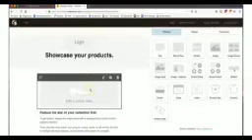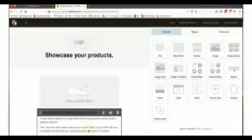Okay, so we're going to showcase that product. Okay, and that's the template we're going to use here. So here we go. We're going to showcase our product. We're going to add that photo of our product here, and we're going to go ahead and put some nice messaging in here with some nice call to action. We can put our logo up here for branding. Again, we can edit the content here.